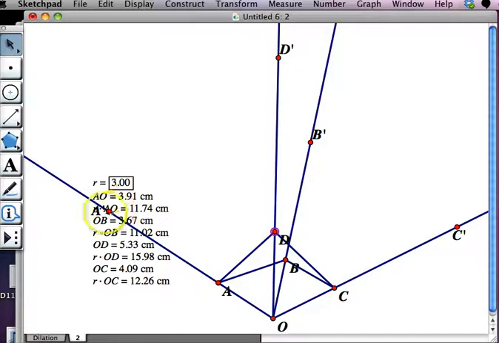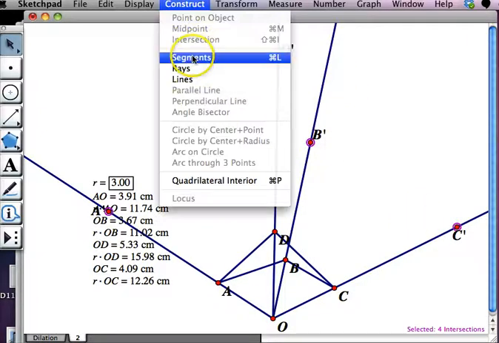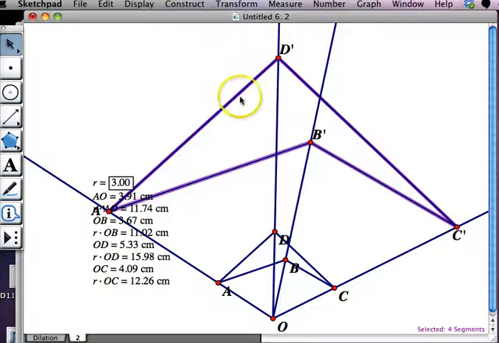I'm just going to go ahead and construct some segments between these points and make the dilated figure. I think the easiest way to do that, I'll just select each of the points, A prime, B prime, C prime, D prime. I'm just going to go to construct segments, and it went ahead and constructed this dilated figure of a scale of 3. And that goes ahead and answers the question,